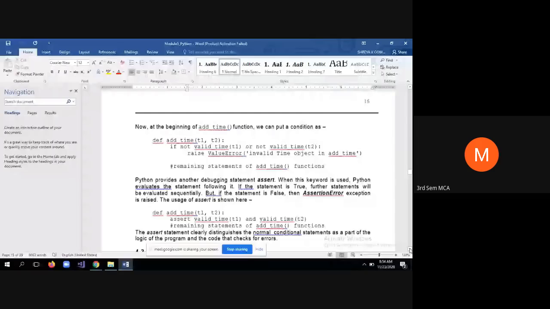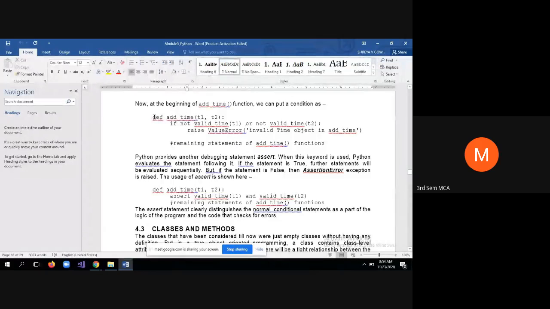Now, just before adding the objects T1 and T2, we can call this valid time. So how to call this valid time? Look at here. If not, see, not is a keyword. Okay, not is a keyword. If not valid time